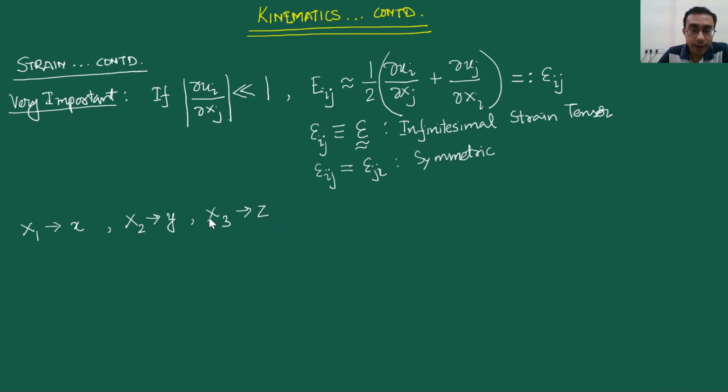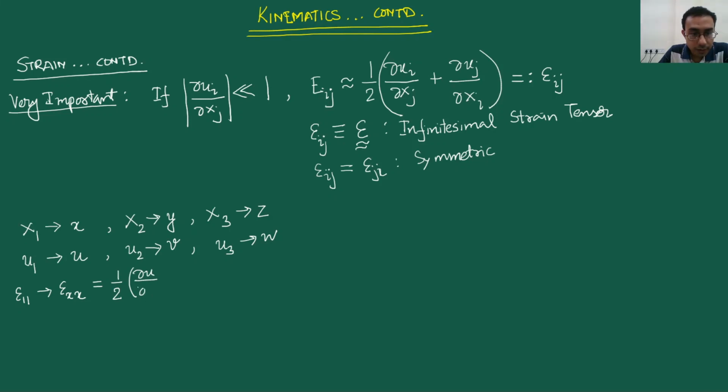So if we fall back to that kind of framework, what happens is that correspondingly the different components of the displacement vector are given by these. So u1 corresponds to u. So this is simply a change of notation, so to speak. The u2 is given by v and the u3 is given by w. So overall what we can say is epsilon 1 1, that is epsilon xx in this new framework, and that the expression of that is